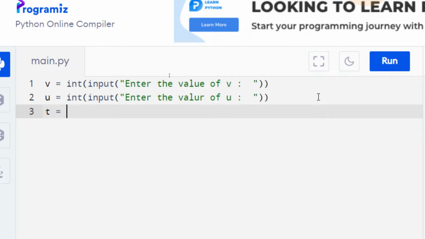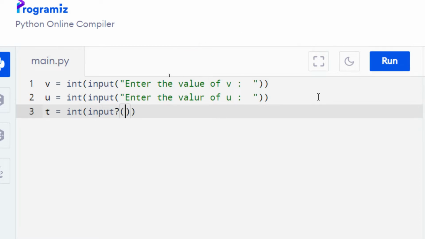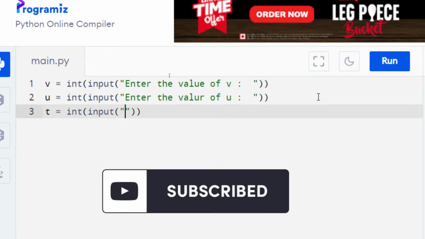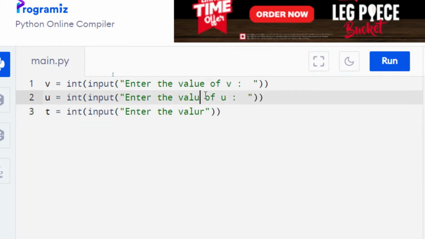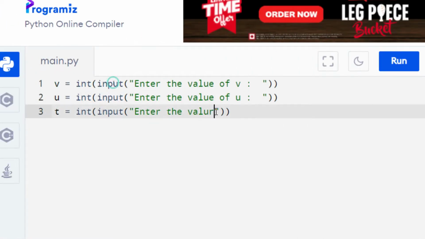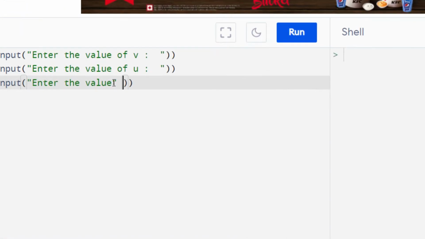Set the value of t is equal to int input, enter the value of t.